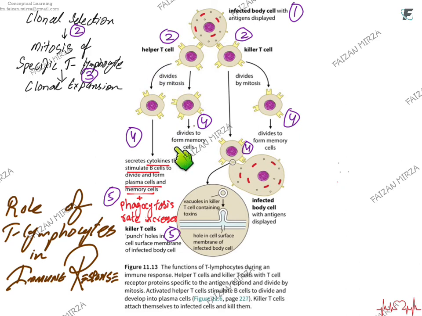If the helper T cells are releasing the cytokines, all these processes, which is the plasma cell formation, the antibody secretion and the phagocytosis, are dependent on how much cytokines are available. So helper T cells are the basis of how well your immune system is functioning. And these are the same cells, helper T cells, which get infected in AIDS and in HIV.